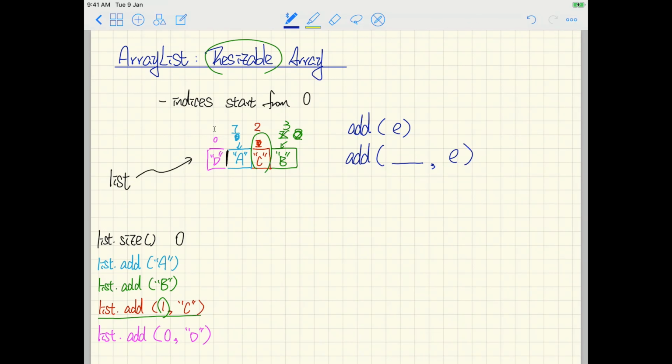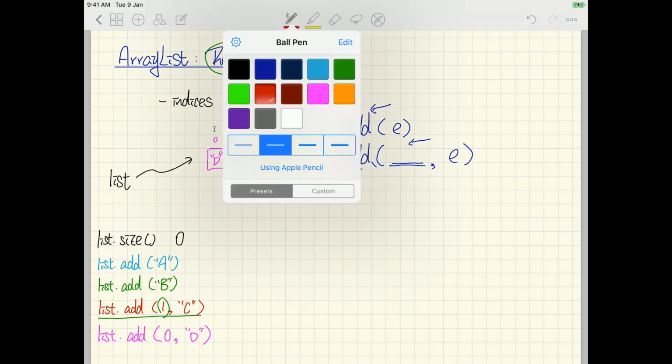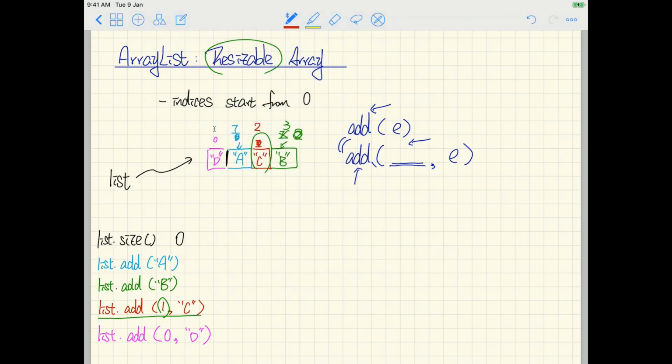So now, under what circumstances will these two method executions be equivalent? Okay, so basically we know that implicitly this add is going to add to the end of the list, right? And over here, where exactly it is going to be added depends on what we specify over here. So if this value here happens to be the ending index for the list, then that will work. So what I will do is I will simply put some value over here for you to try as well by yourself. So over here, I can simply say list dot